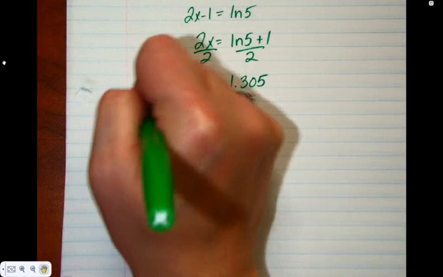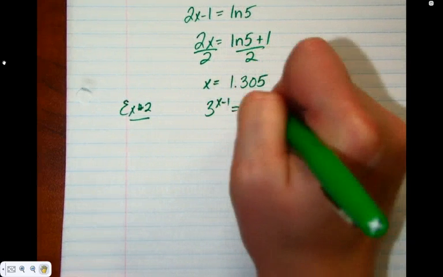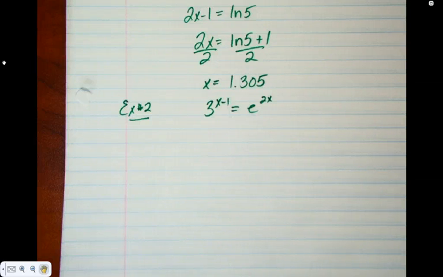Wait, can you use natural log for the other question? Absolutely. It's literally which button do you want to hit in your calculator? Do you want to hit log or do you want to hit ln? It's not going to make any difference in terms of the work. So then why do we learn the normal log? Because there's applications we'll do in January that don't use base e, they use natural log. This comes up in science stuff all the time. I think you guys have seen it in chemistry already, right? There's an application of logs. Comes up in physics and chemistry and bio and lots of different stuff.